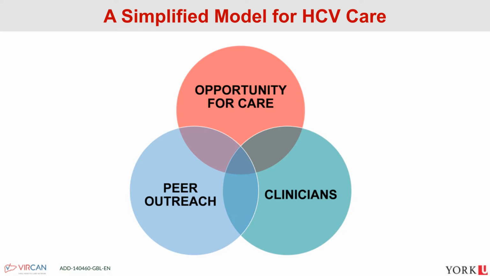And then we need some sort of clinician involvement. That could be nurses, physicians, or social workers, but just having that aspect of clinician involvement. And in our programs, which are extremely low barrier, the clinicians are really in the background. The peers are usually leading the programs, and the clinicians are doing some of the oversight. But most of the care is really driven by that peer-led model, which is at least where we think we need to be to eliminate viral hepatitis.